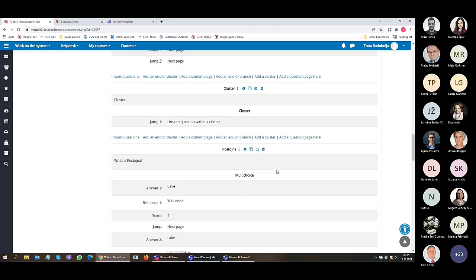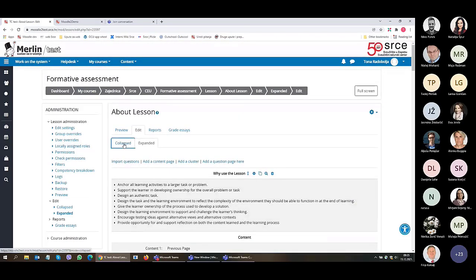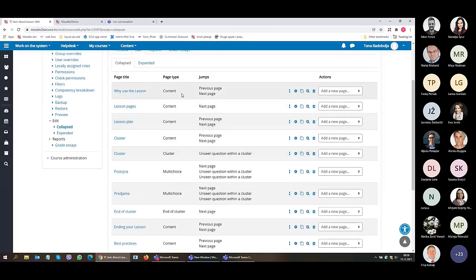Okay, you can even have the simplest view. It's collapsed. You see the title, the page type, where your jumps are on this page, and you can see some actions as you've seen before. And before or after a certain page, you can add another one if you like, as you can see here